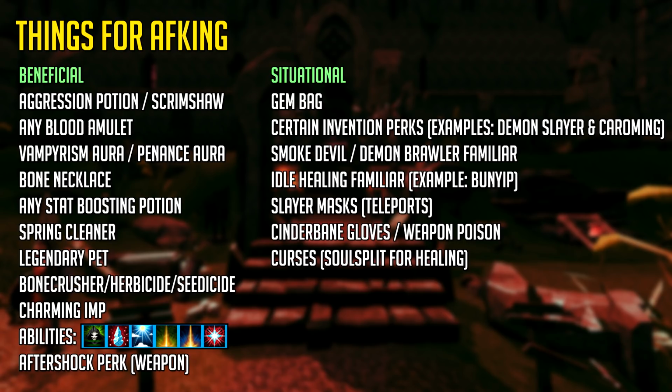And the caroming perk, which is extremely expensive, is useful for some extra hits using ricochet or chain. The Smoke Devil Familiar or the Demon Brawler Familiars are also useful to get monsters aggro to you and have an area of effect ability using the scrolls. Any ideal healing familiar is also useful, for example a Bunyip, which I like to use myself when AFKing Slayer. The Slayer Masks, which you can obtain from Treasure Hunter or from the Shattered Worlds reward shop for Anima, are